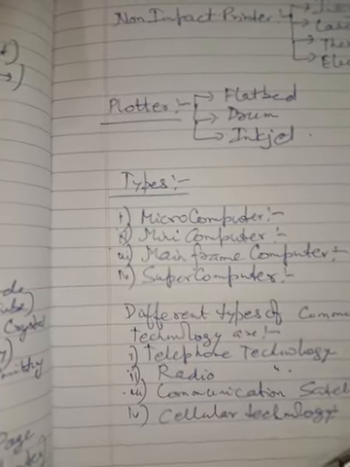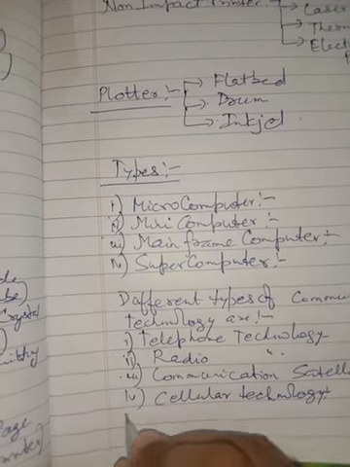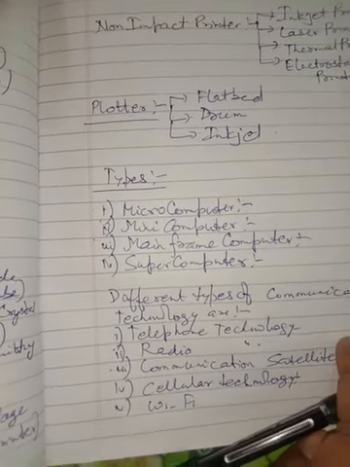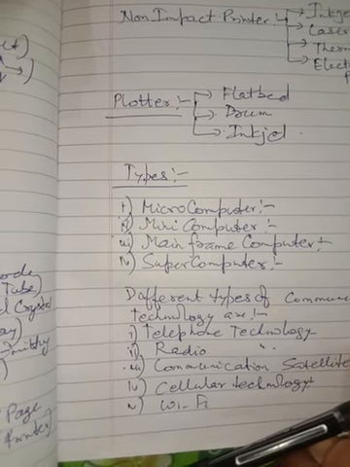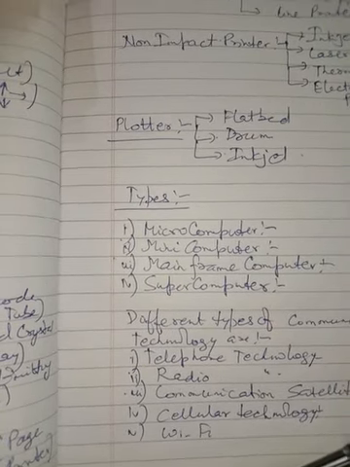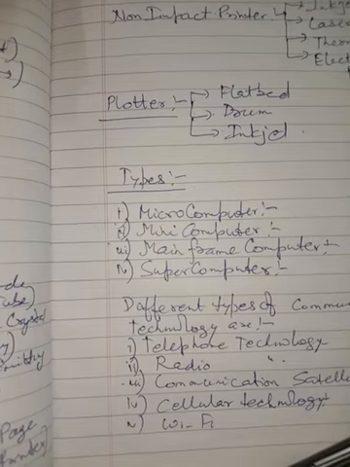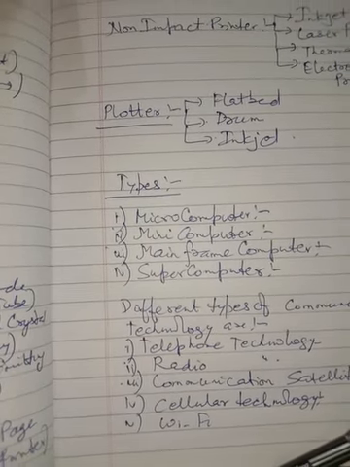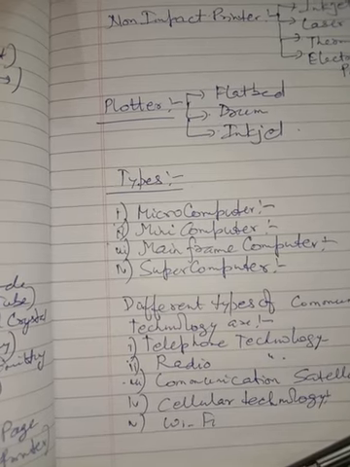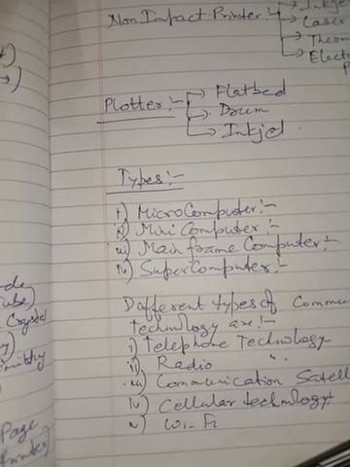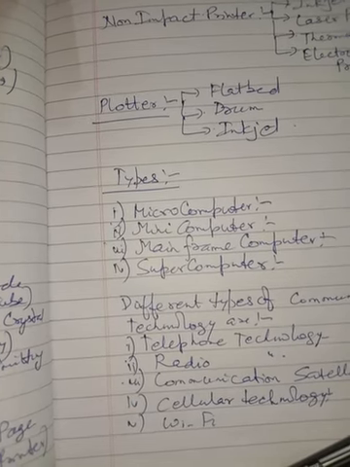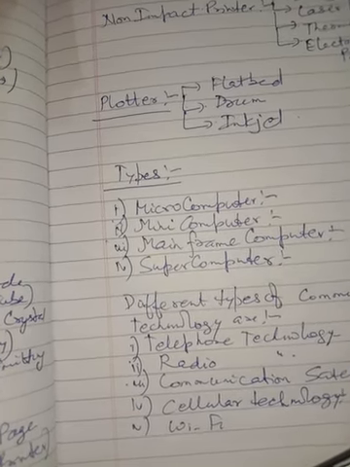The next we have is Wi-Fi. The full form of Wi-Fi is wireless fidelity. It is a popular wireless network technology. By using this technology, we can exchange information between two or more devices. It is commonly called wireless local area network. It allows the local area network to operate without cable and wiring. So it is also a popular choice for home and business networks.